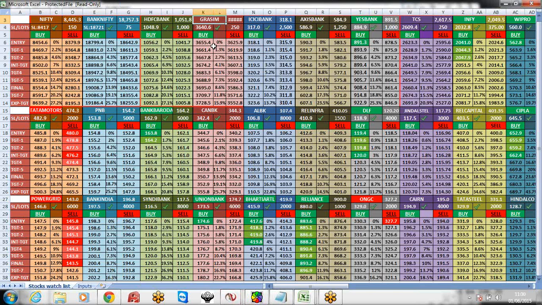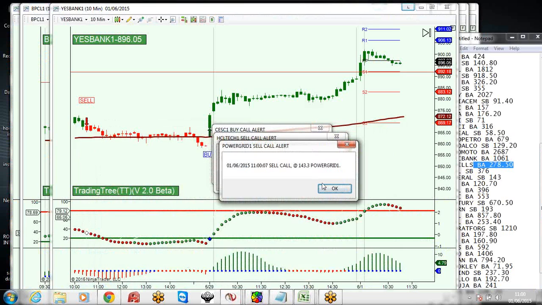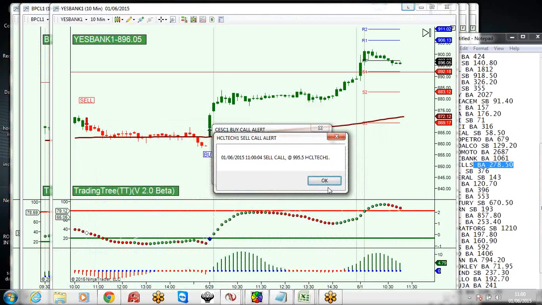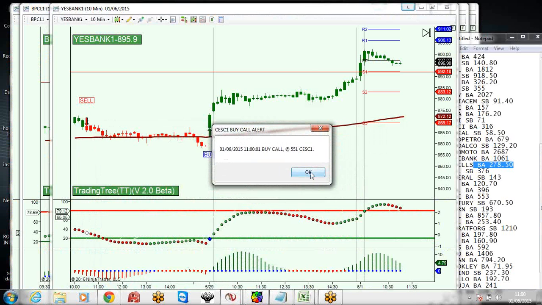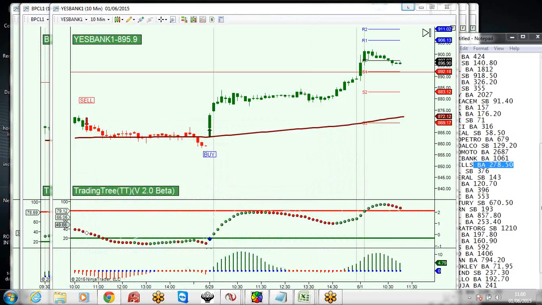There is a buy call in ZEST1. There is a sell call in HCLTECH1. There is a sell call in POWERGRID1. So we have Power Grid sell, HCL sell, and CSE buy. CSE, you already know that